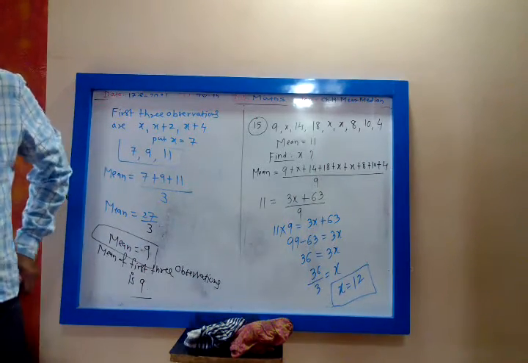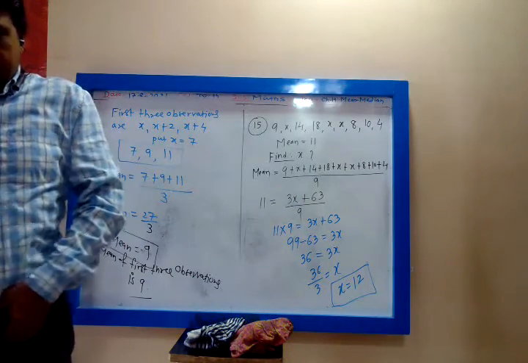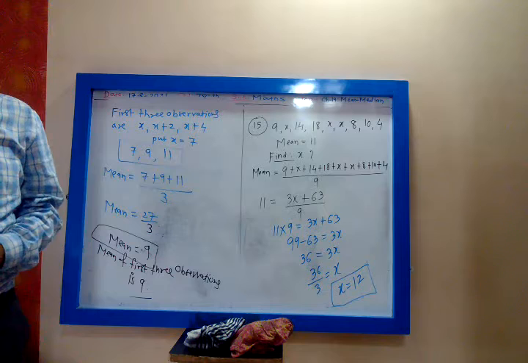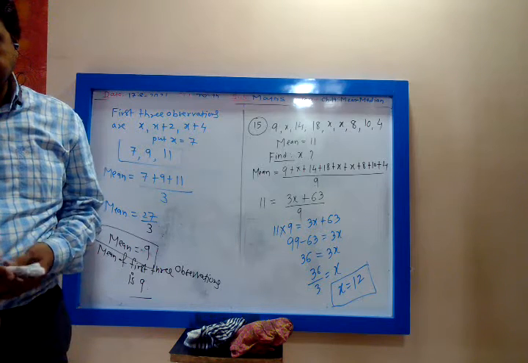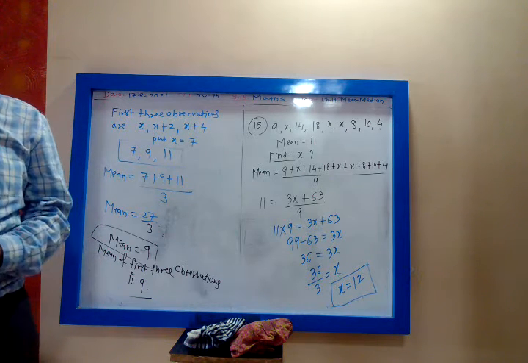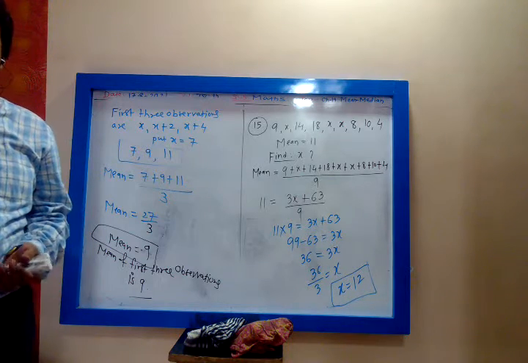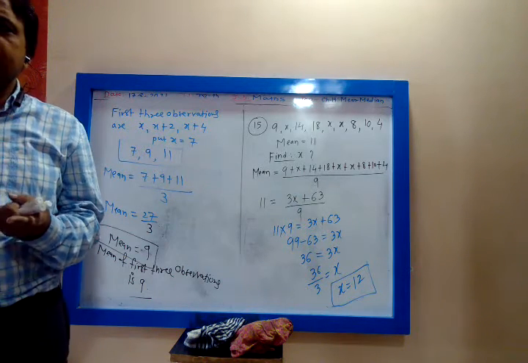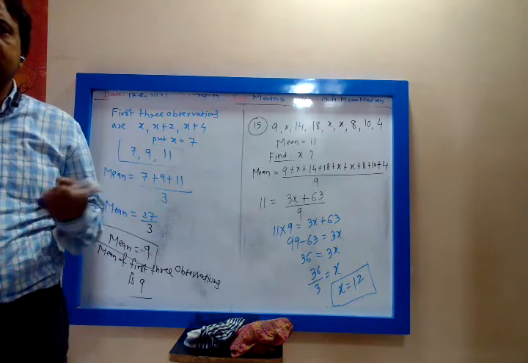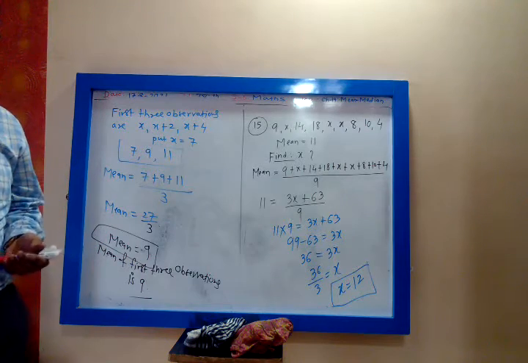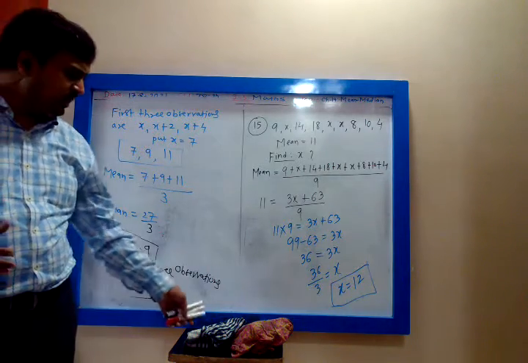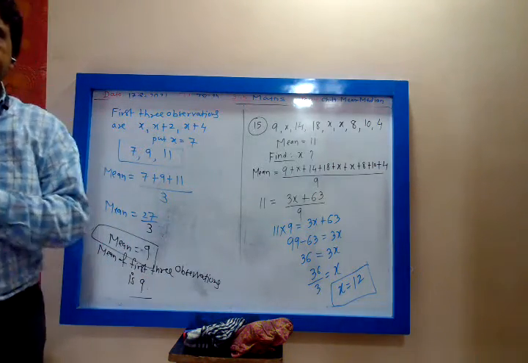So these types of calculations are there in mean. Other types of problems are not there. Mean is the same as average, and to find the mean there is no need to arrange the data in ascending or descending order. This you remember. Okay. Next period we will see how to calculate median.